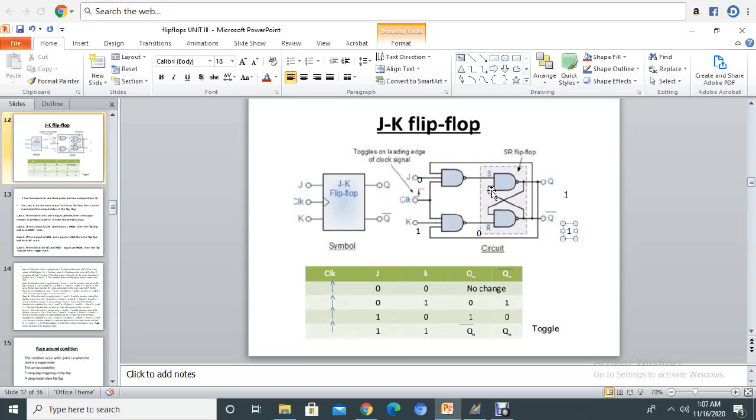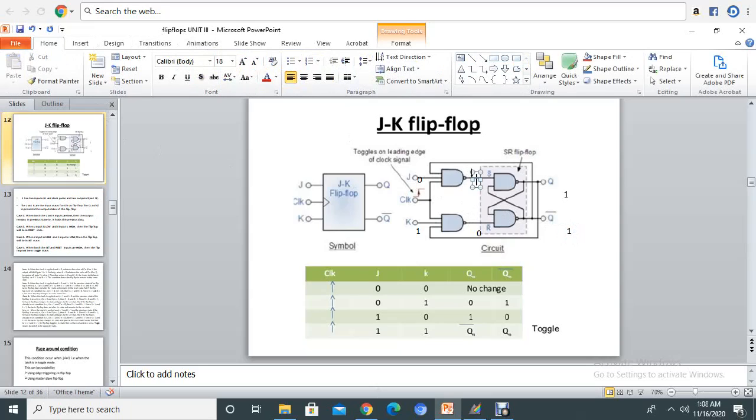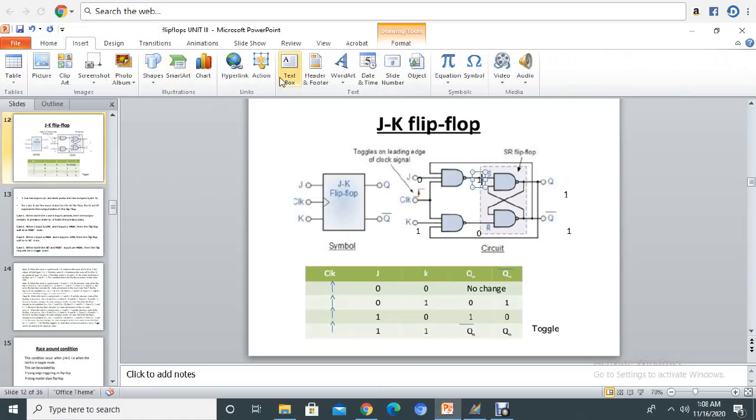This 1 is applied to here. Already here we have 0. So if any one of the input is 0, then the output is 1. And here we have 1. Here also 1. Both inputs are 1. Then the output becomes 0. Okay. So now Q is equal to